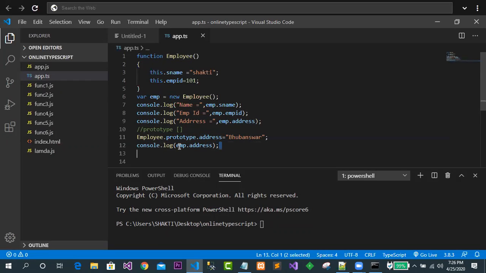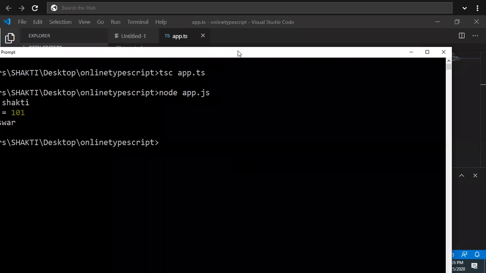Now in the next line it was printing the data. Simple, but one may ask the question: sir, before defining it I want to access it. Before assigning, or before taking the address property, I want to access it. Can it be possible? Just see, first I have accessed the address property, then I have created the prototypes. So in this case what will happen? Let me go for compiling the program.